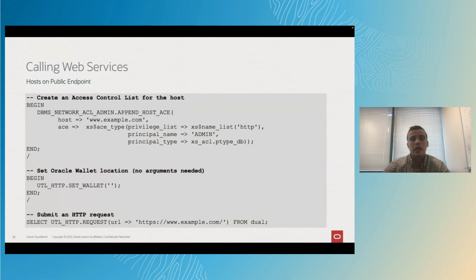So let's see actually how you can make a web service call in Autonomous Database. We'll start with the little easier use case, which is making a call to a public endpoint. In order to make a web service call to a host or a target that's deployed on a public endpoint, all we need to do pretty much just add this host to our network access control list, also known as ACL. And we do this by actually calling this PL/SQL API called